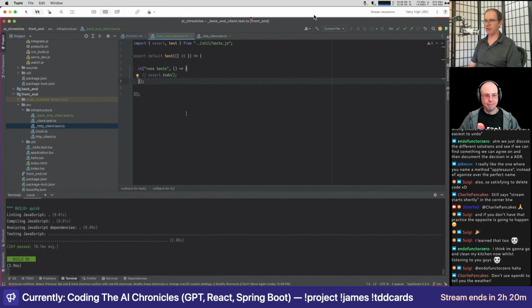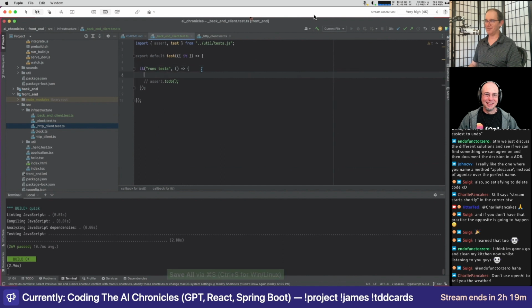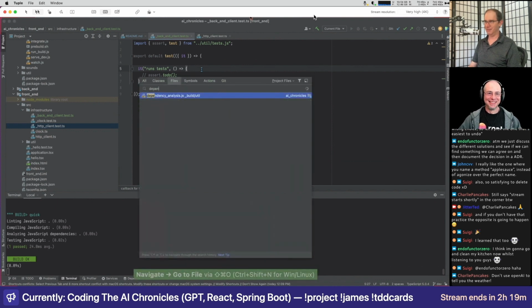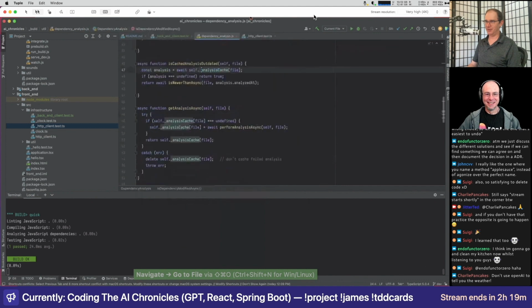There is something weird where the first couple of times it runs, it doesn't seem to catch. I've probably left that in a wait somewhere because I'm not sure why it's not catching this. The dependency analysis code I wrote just sort of as a spike. Can I actually do dependency analysis by doing regexes on files? Turns out the answer is yes. Yes, you can. But I didn't write it with any tests. And so to this day, that 200 lines of code or whatever it is, 112 lines of code,